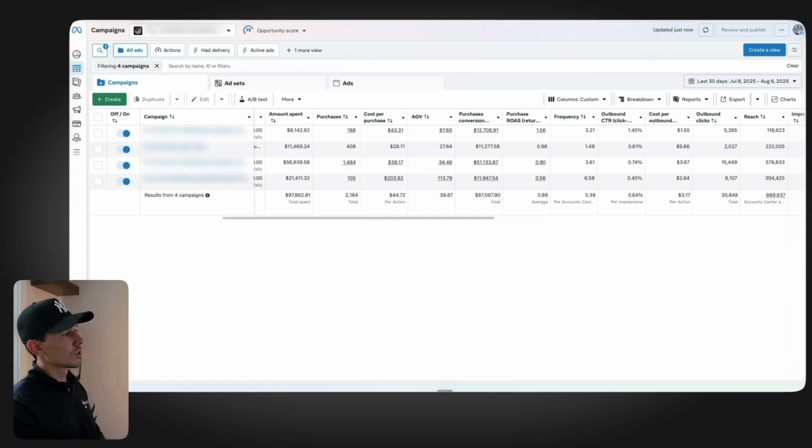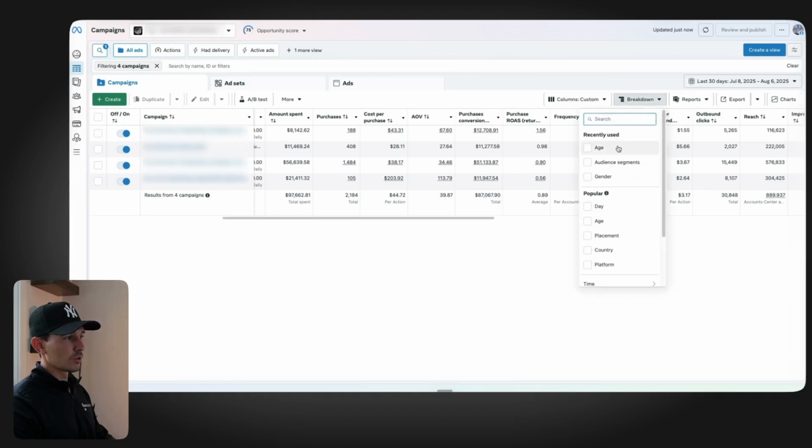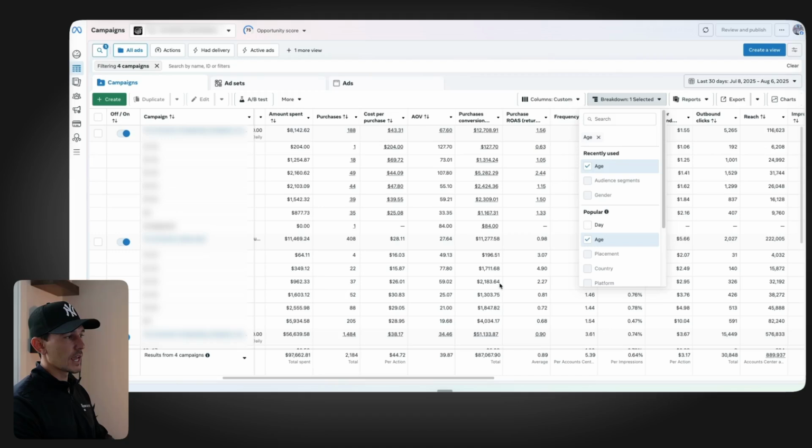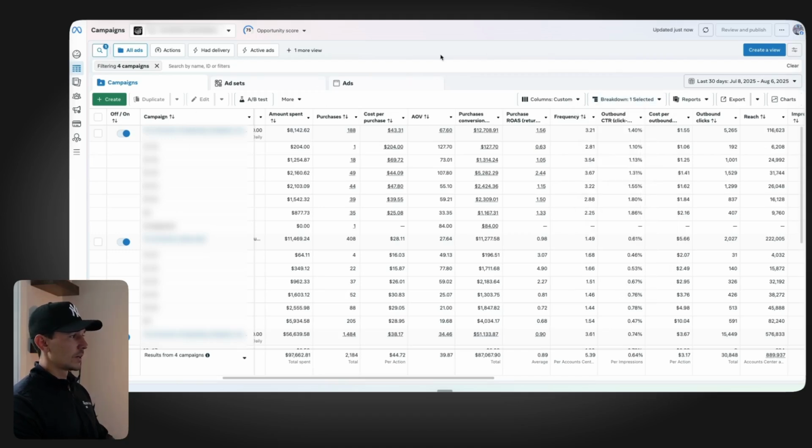So once you're in the ad account, to find your age breakdown, what we're going to do is go to the breakdowns tab here, and we're going to either type in or select age. Once we're in here, we want to filter to only our prospecting campaigns. I've done this already by filtering to 4 campaigns here, but just make sure you only are looking at your